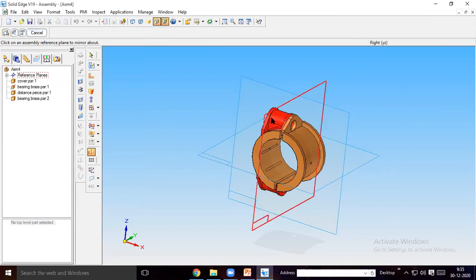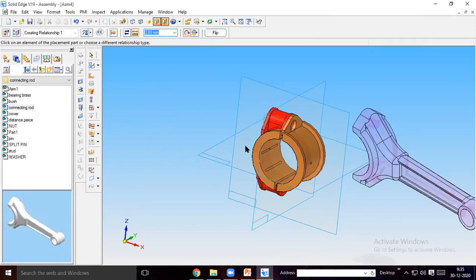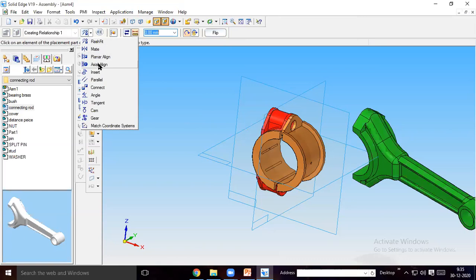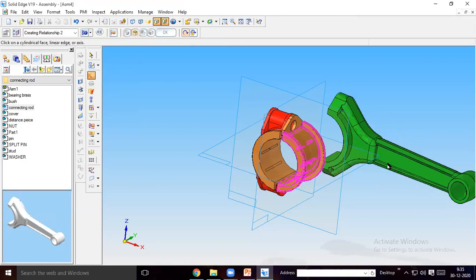After the bearing plate is over with distance piece, what I will do is I will take the connecting rod main body, and keep it here. So then what I will do, axial alignment I will give first. Axial alignment of this axis with this one. All these axes are same. Can give like this.